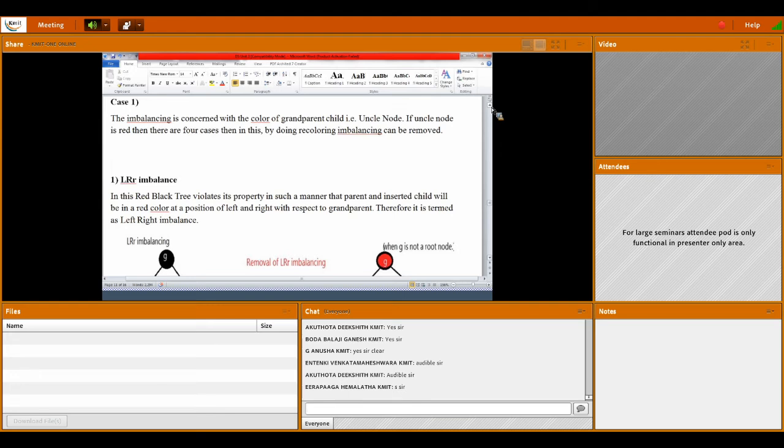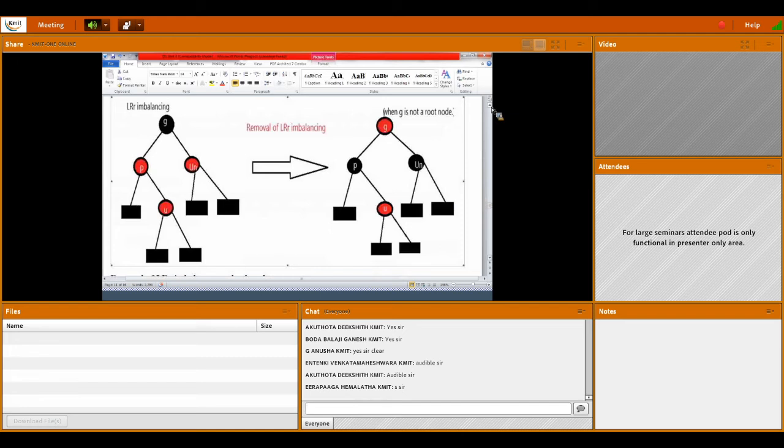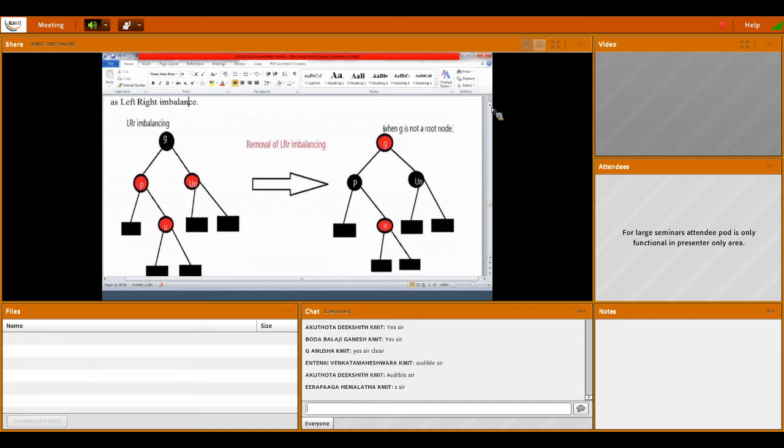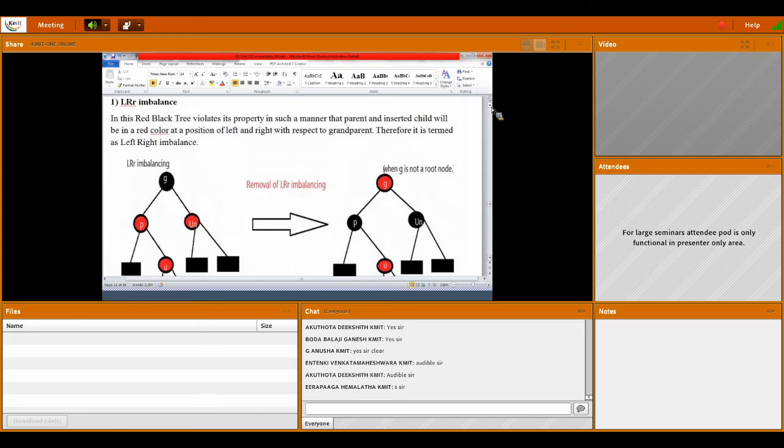How will it be left-right and how to identify this? So, first one is left-right recoloring. In this red-black tree, it violates its property in such a manner that the parent and inserted child will be in red color.